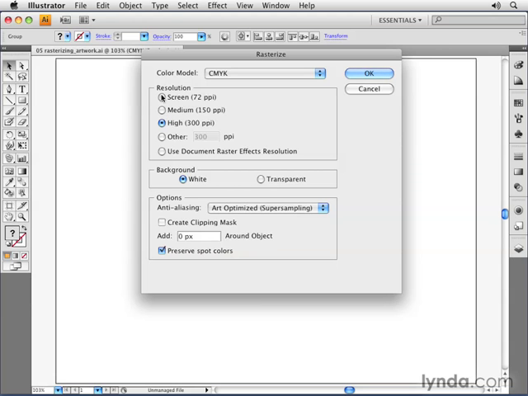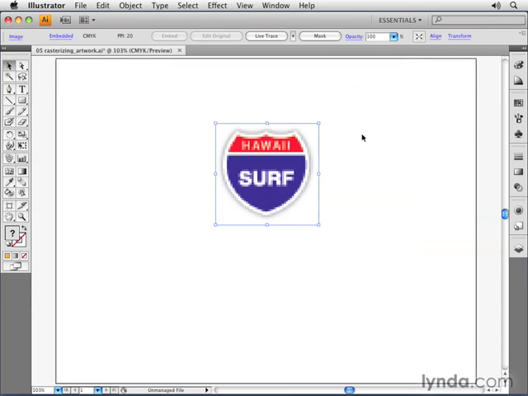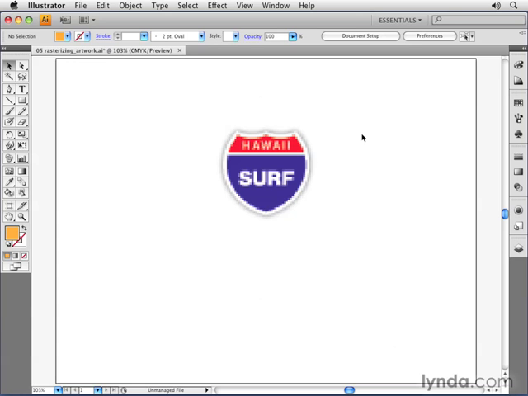For example, I could use a very low resolution. I could also choose other to go to a really low resolution. For example, should I rasterize this at maybe 20 pixels per inch, I might get a really interesting and cool effect, again, depending on what I might be working with. I'll press undo here because I want to show you that I also have the ability to export this for